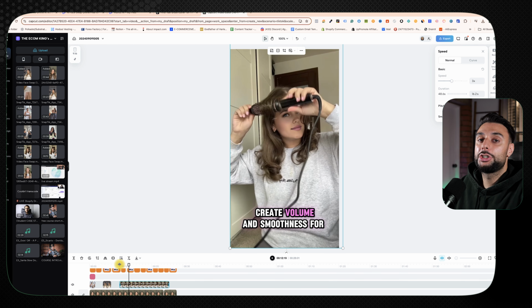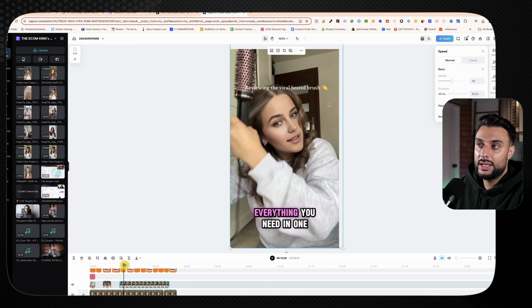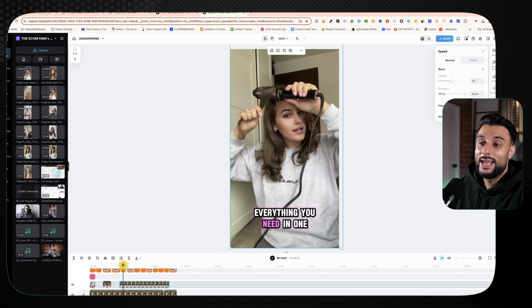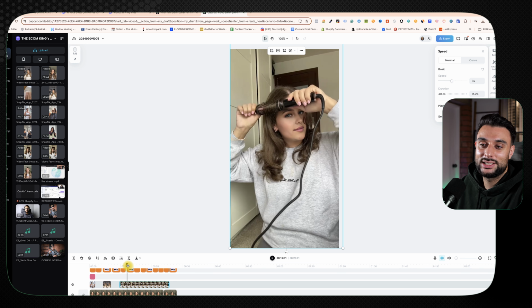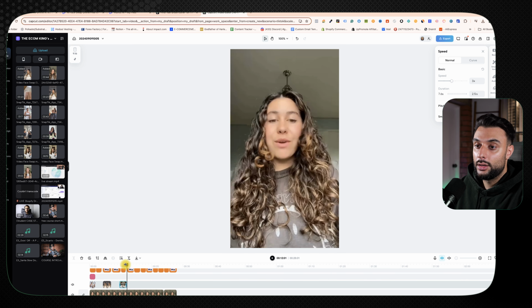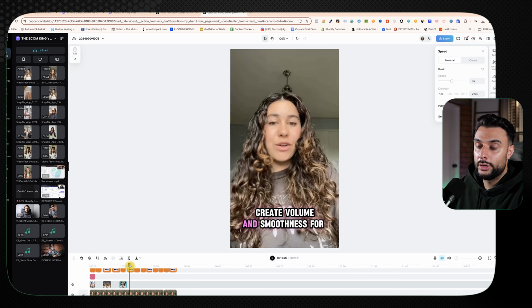So that shows her using the tool before I move on to the next clip. So that was really good by speeding it up because it shows her using it quicker and then I can get onto the next clip. So make sure you speed up clips that seem a bit slow. So now I can cut this down to here because again, I'm going to show another footage of a girl